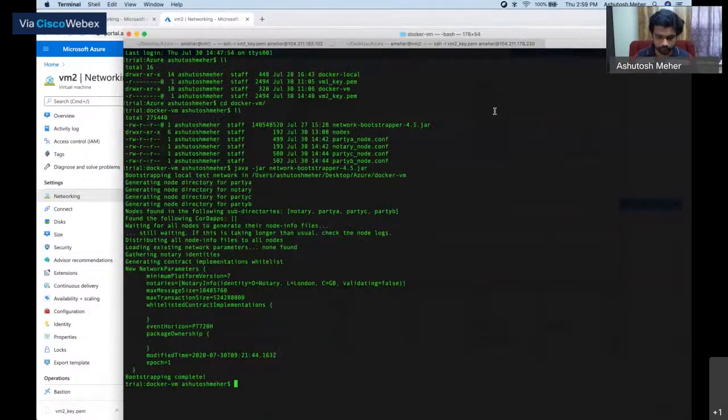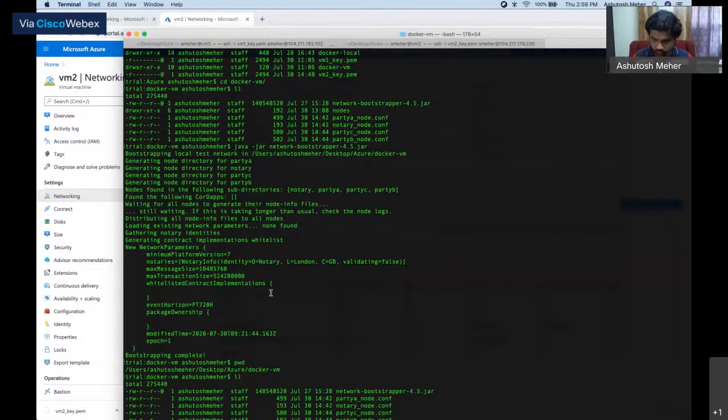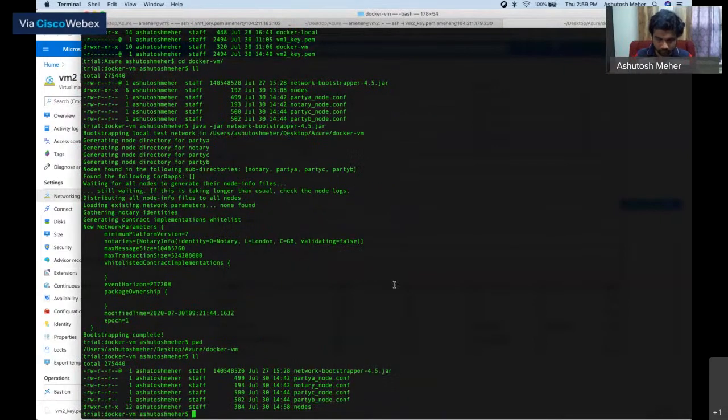Just SSH. SCP, sorry. Okay. Move to the nodes folder.